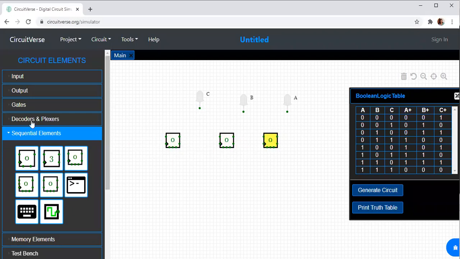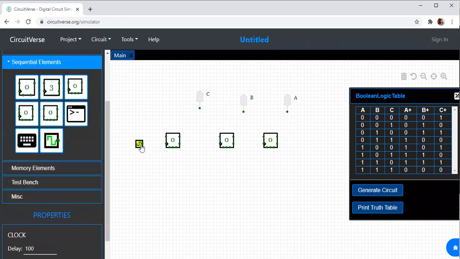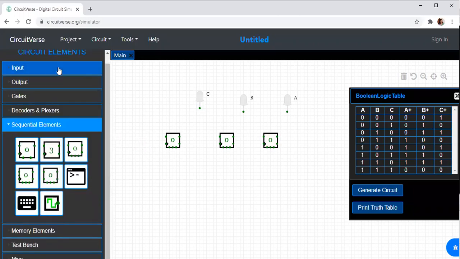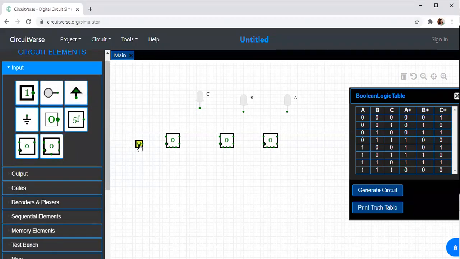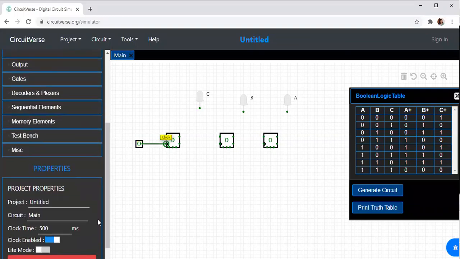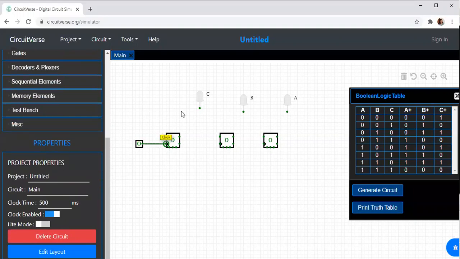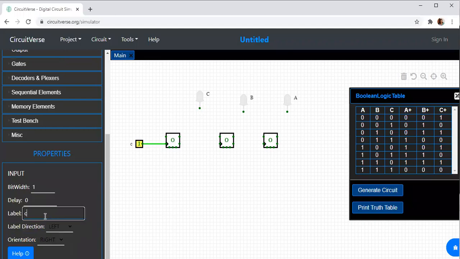Okay. So now what I should do, here I will give the clock. Actually the clock is given as a clock pulse, but I don't want to give this clock pulse. Since I want to explain, I'll be giving it as an input. So the clock is given as input. This is my clock, and whatever explanation is given in this diagram is for a positive edge triggered D flip-flop. So I'll make this the clock.